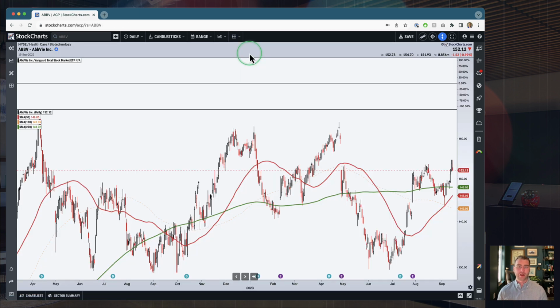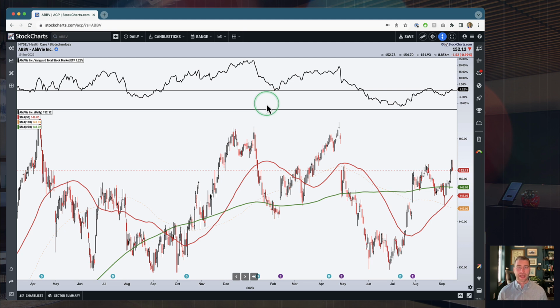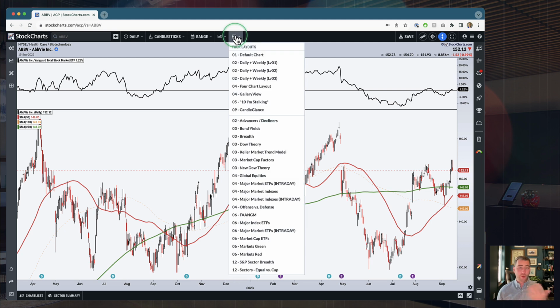So that makes it very, very easy to get back to a one chart layout. So just one little personal trick there. But if we open this up, you can actually see some of the different ways that I like to use these layouts. So at the top here, these are going to be all of the layouts that you've saved without